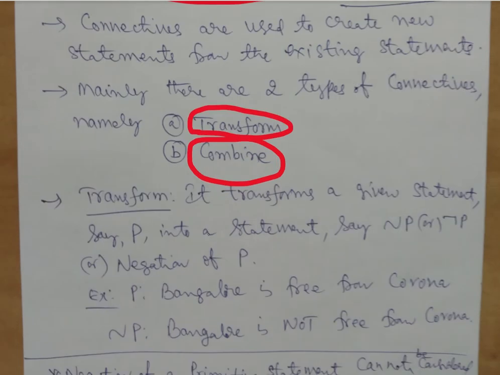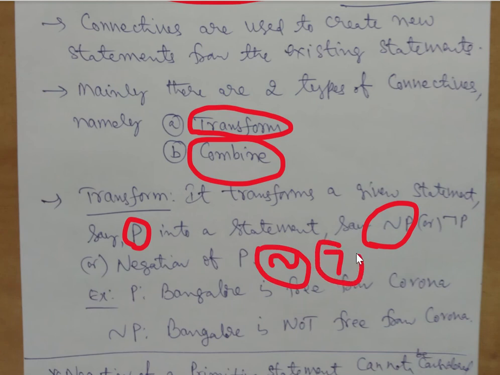Okay. As per the definition, a transform is the one which transforms a given statement into a new statement. For example, if I have P as a statement, I convert it into negation P. In the exam, negation can be represented with this symbol, or sometimes you will see a symbol like this one. So don't be confused, both are the same. It can be the symbol which you have been using normally, or another symbol like this, which can also be considered a negation. So negation is like this.